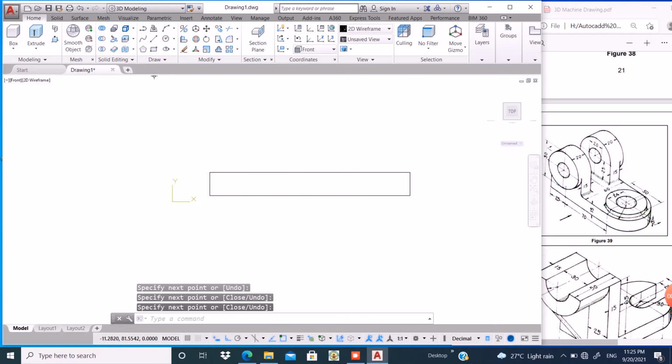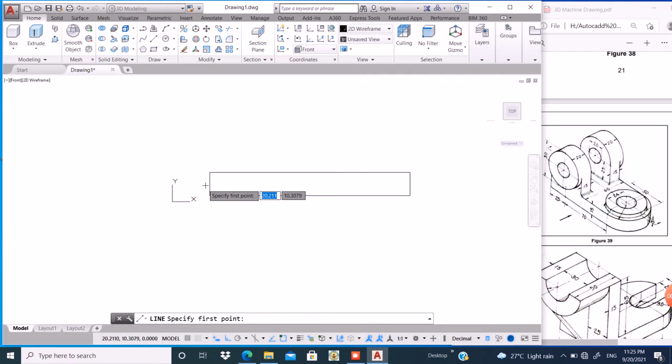Okay, now again go to the line command and denote this point, drag it to the right side for 25 units and take it off another 25 units.